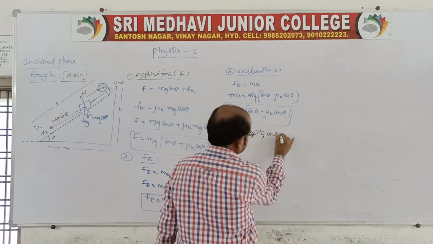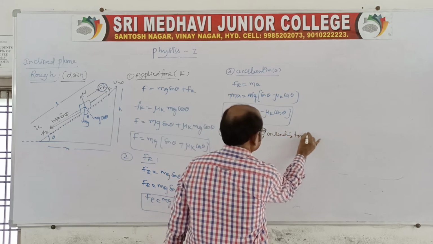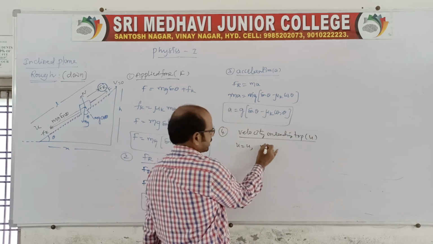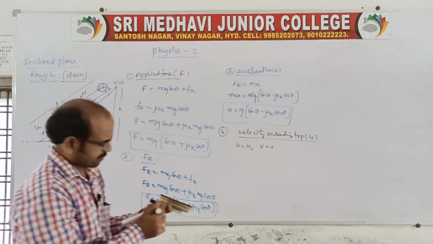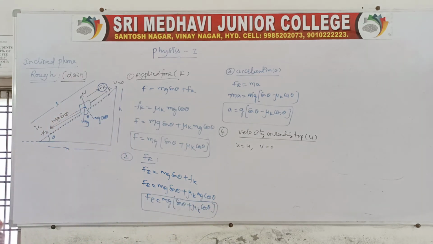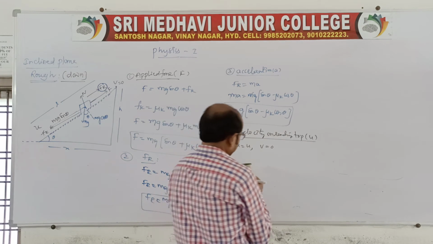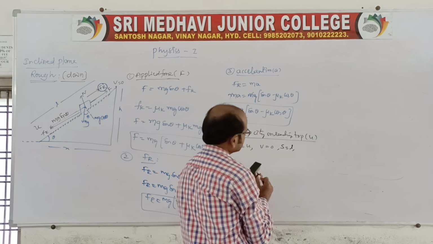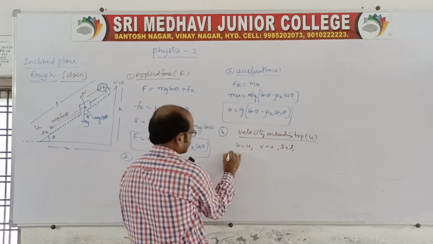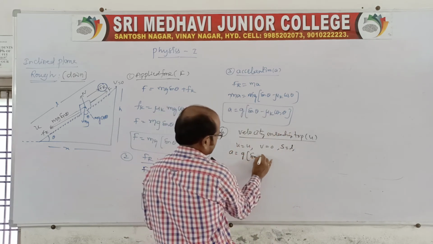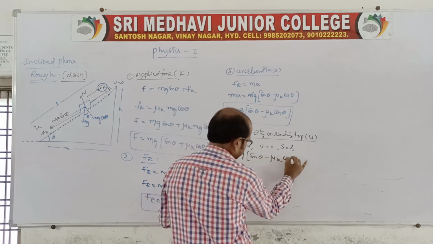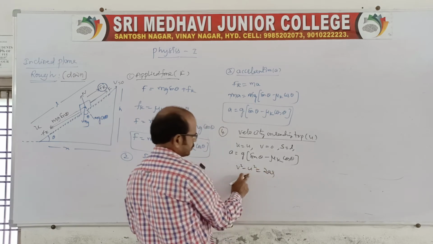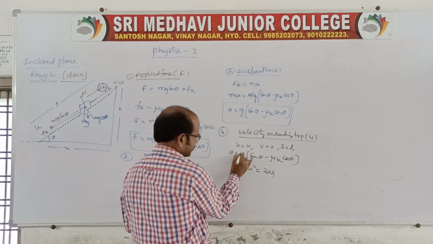And you go for the next one, that is the velocity on reaching the top. On reaching the top, see, for that you say u, because it is projected with velocity u or applied, no? Then when it reaches the top, the final velocity becomes 0. Clear? And coming to the next one, the total length of the plane, what happens? The length s is equal to, you say L. Clear? And here acceleration we know A is equal to g of the bracket, like this you take. Now v square minus u square is equal to 2as again. Of course v is 0 and it is sliding up, no? You take a minus g.